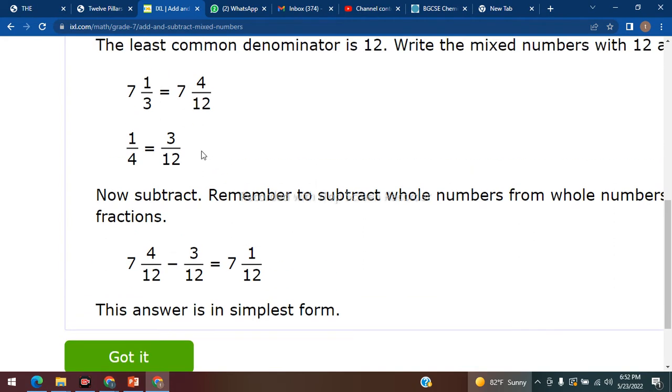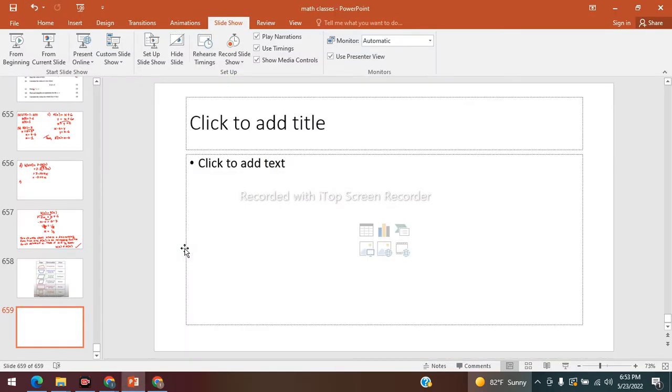Alright. Yeah, we did it. 7 and 1 over 12? How does 1 over 12? That's what I have. That's why I'm trying to figure out what you do. 1 over 12. Yeah, 1 over 12. Okay. I don't know if I took 3 ones and